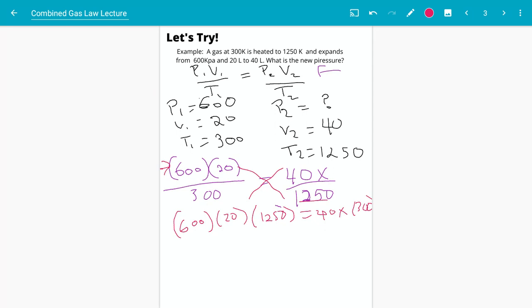And to me, that looks a lot simpler and it's easier for me to do that math. So I'm going to do that now. I'm going to take 600. I don't know why I came up with such big numbers today. Times 20 and times 1250. And I get